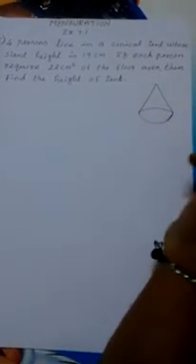See, how many persons? Four persons live in a conical tent. That means four persons are living in a tent. The tent is in the shape of a cone. Conical tent means the tent is in the shape of a cone, like this. In this shape, the slant height is 19 centimeter. L means slant height. Slant height equal to 19 centimeter.